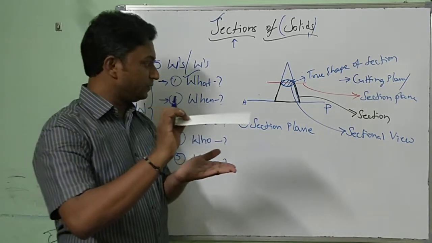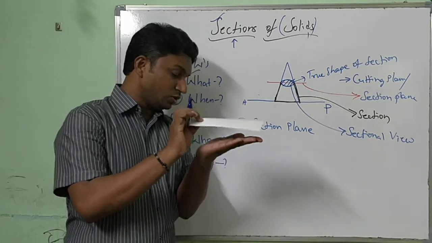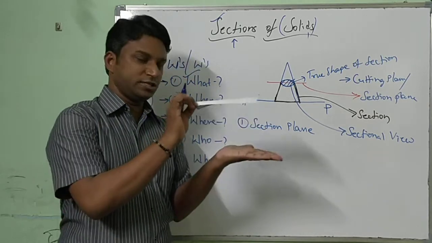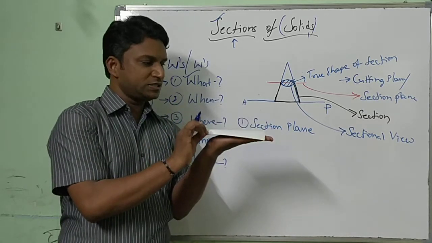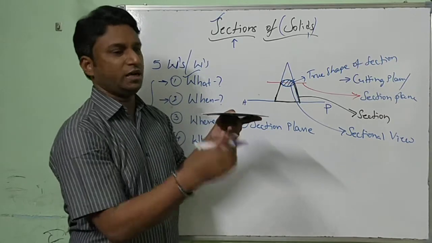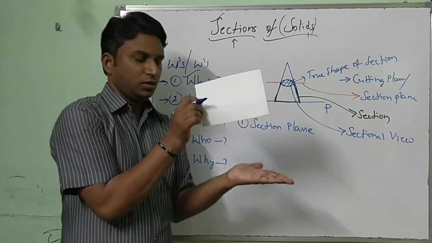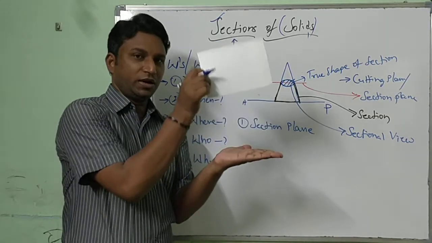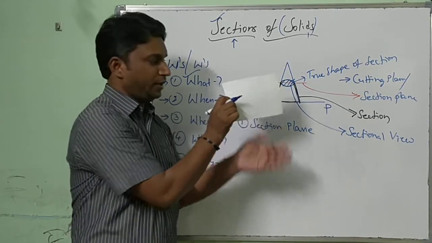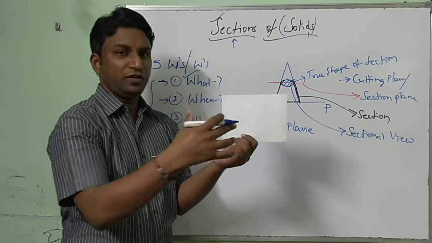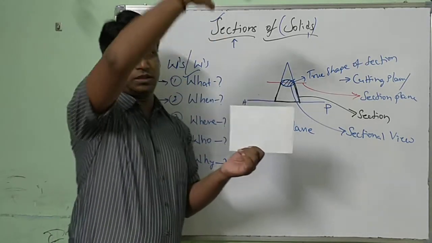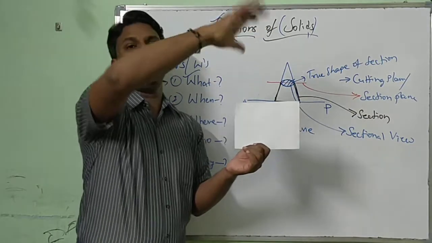This section plane, generally, depends on its location. Now if you take my palm as HP, this section plane is parallel to HP. When you are looking from here, it looks like a straight line. Here, HP, and the vertical plane parallel to the whiteboard. In the front view, it may look like a square or rectangle, but in the top view, it will look like a line.